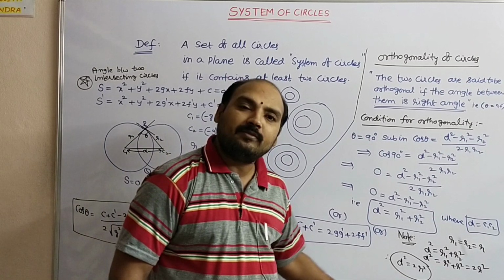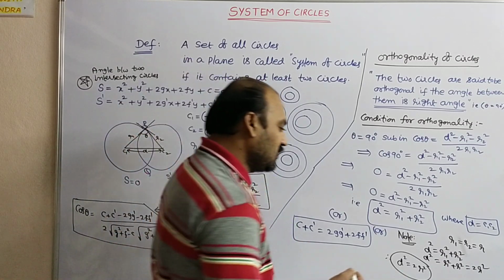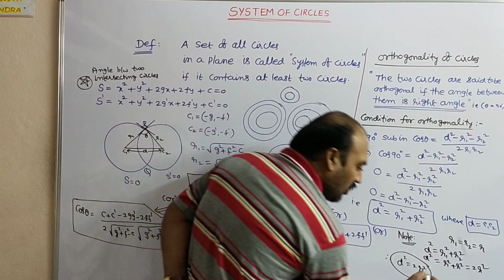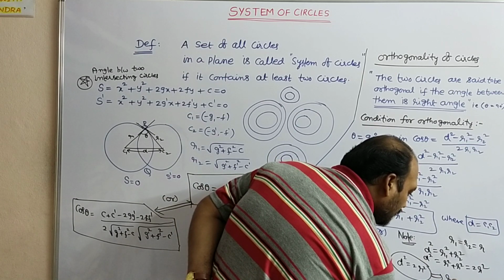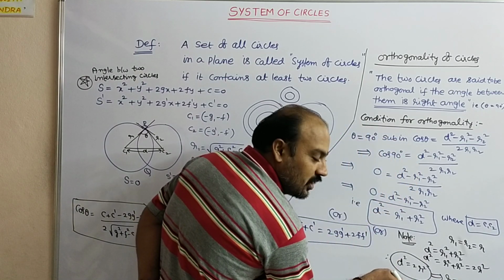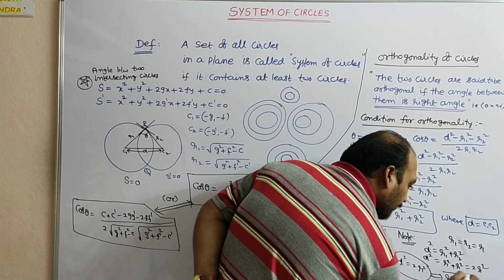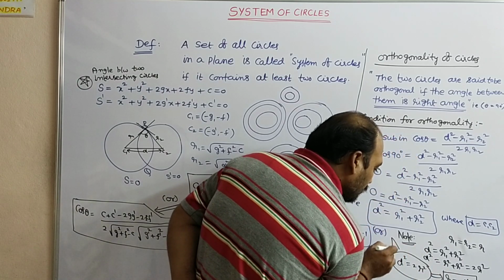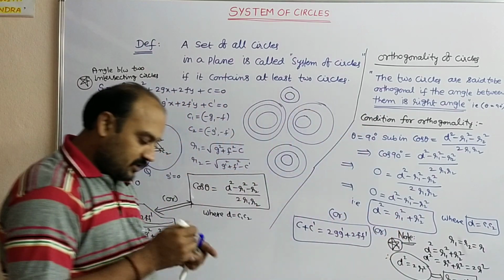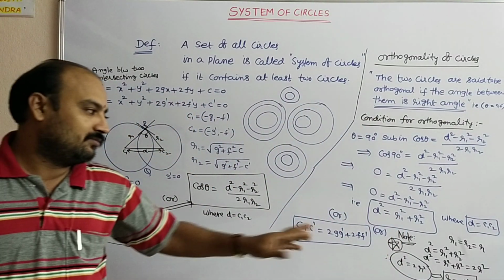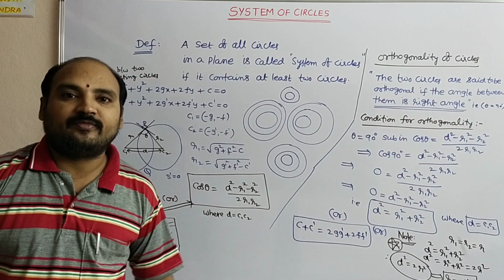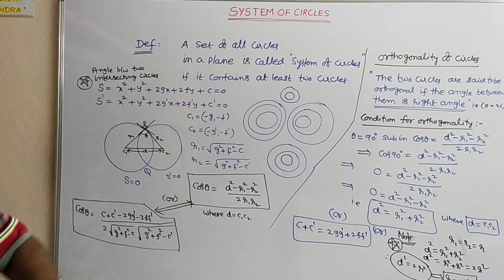You have to remember this, because sometimes they will ask for the d value and sometimes the r value. Making r the subject from d square equal to 2r square, r is equal to d by root 2. This concept we will use in the shortcut formulas. Dear students, you have to remember that particular case. We will move to another concept.